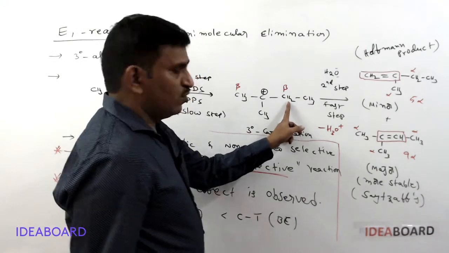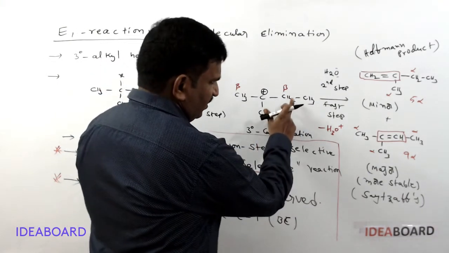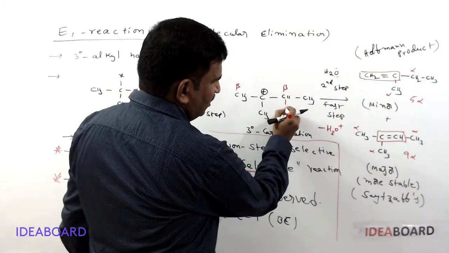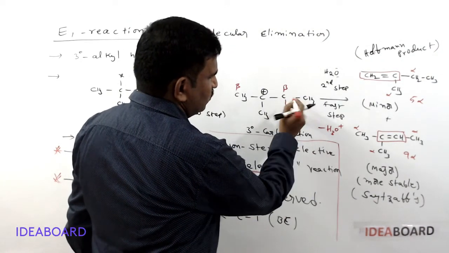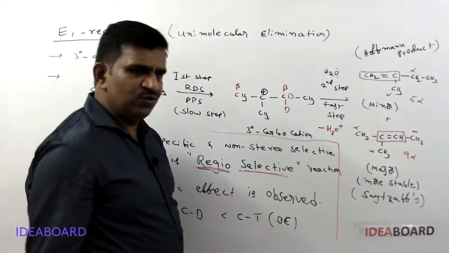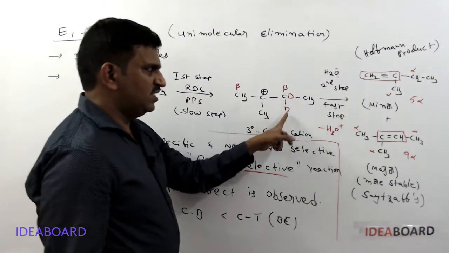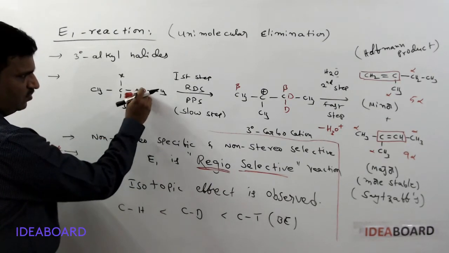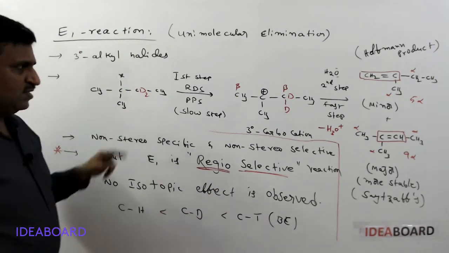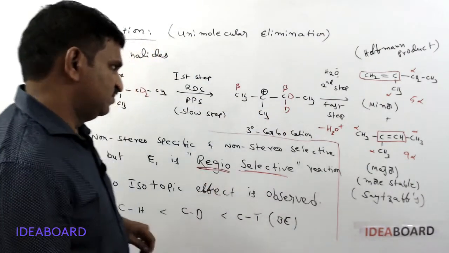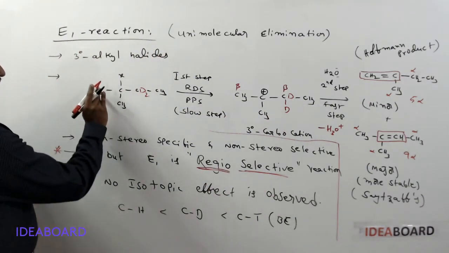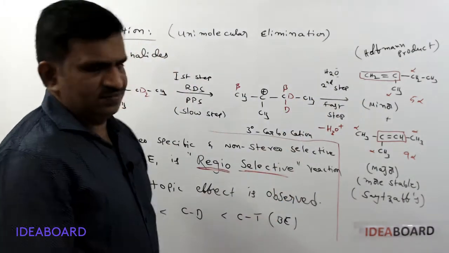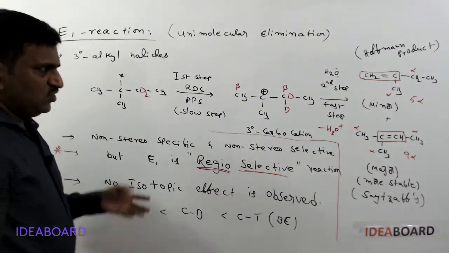Suppose we are removing a proton here. For example, here I am writing D, one more deuterium is present, and another one is also deuterium. So I have CD2, please remember, CD2. Here also I am writing CD2. If you have CD2 here, then here also CD2 is present. And in this other one, if you have CH3, which is removed easily?